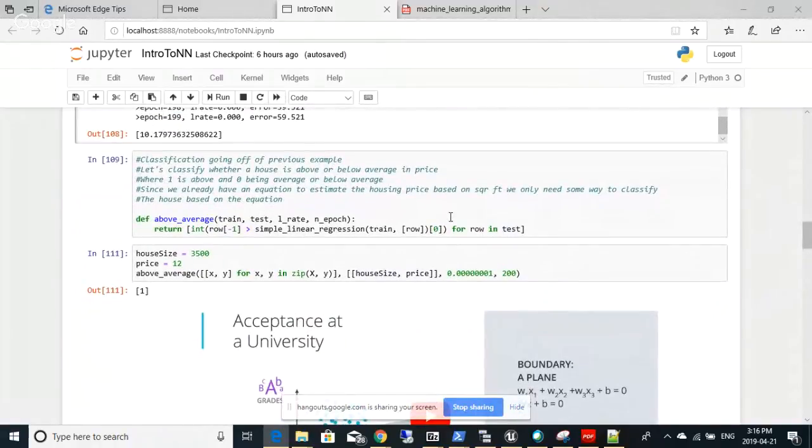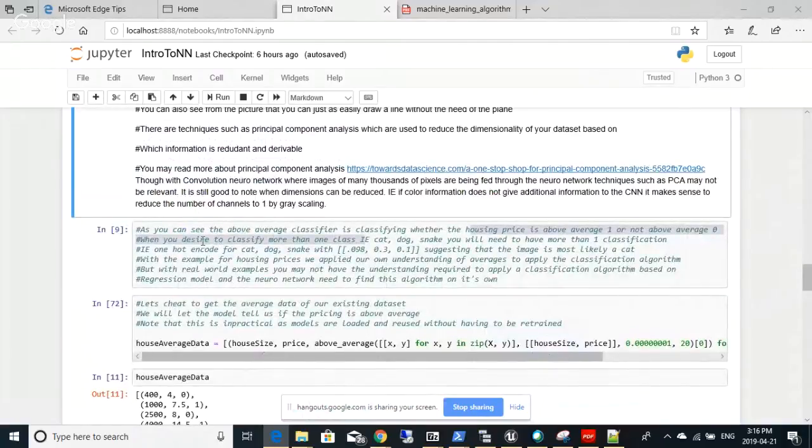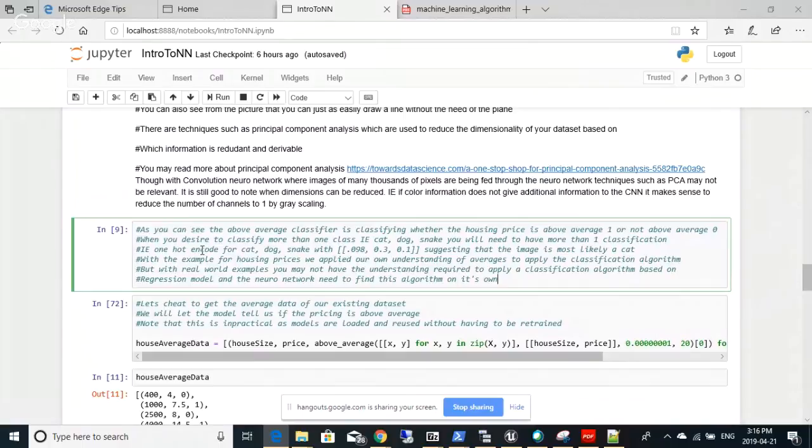We knew how to calculate averages. We know what's above the average and what's below the average, but neural nets don't know that. Machine learning algorithms off the top of their head won't know that either, right? So